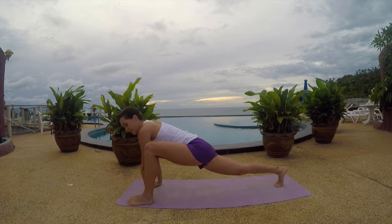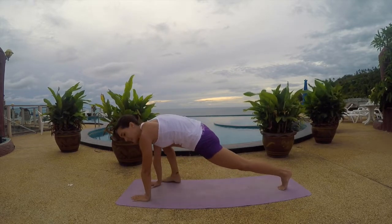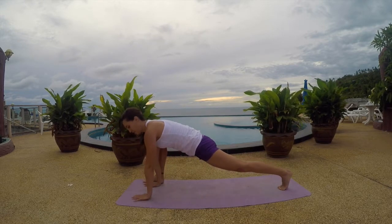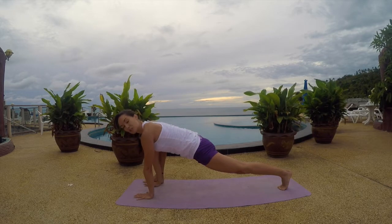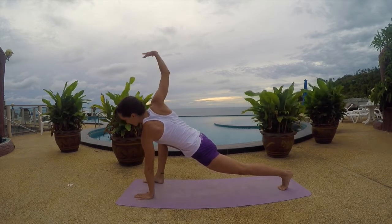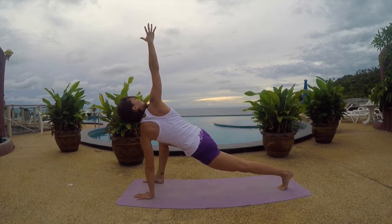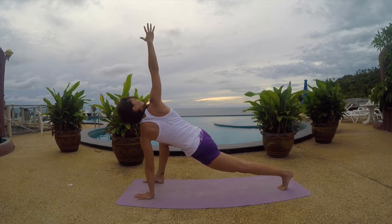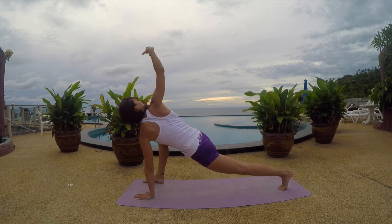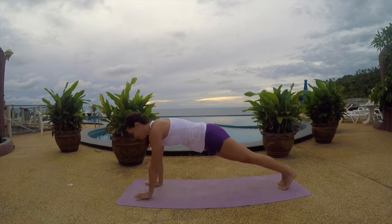Placing that hand back on the ground, stepping back, switching feet to the other side. So here, feeling your left hand pushing firmly into the ground, releasing with your right hand as you reach up towards the sky. Placing your hand back down on the ground, stepping back, plank,